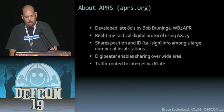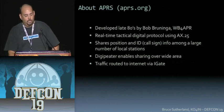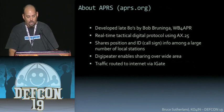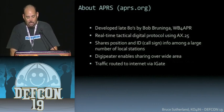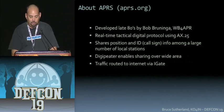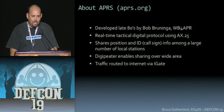So a little bit about APRS. It was developed in the late 80s by Bob Bruninga. He works at the Naval Academy in Annapolis, Maryland. It was first developed on an Apple II computer and later on an IBM PC when it came out. And this protocol is designed to share your GPS position and ID, which is your call sign, among a large